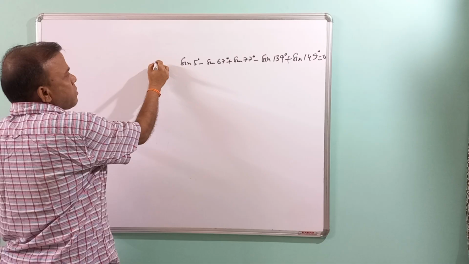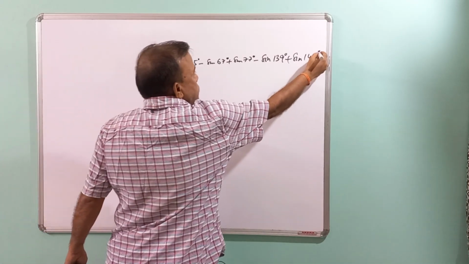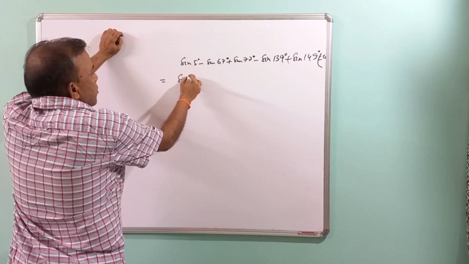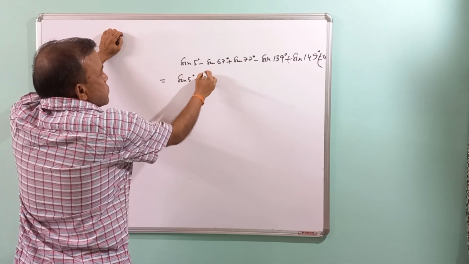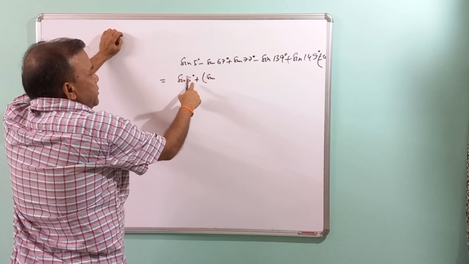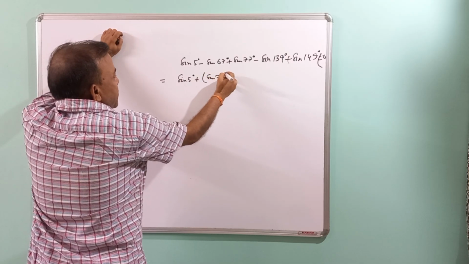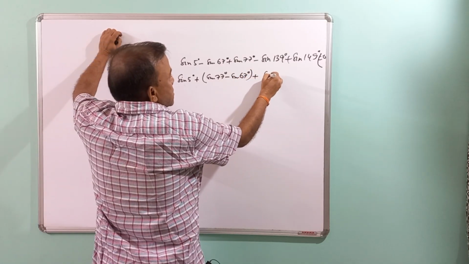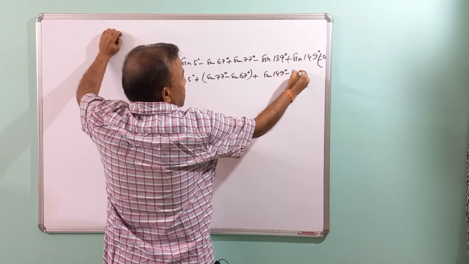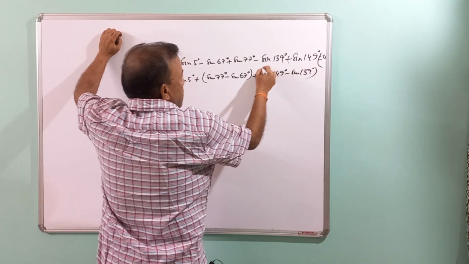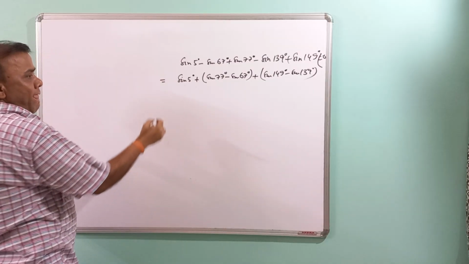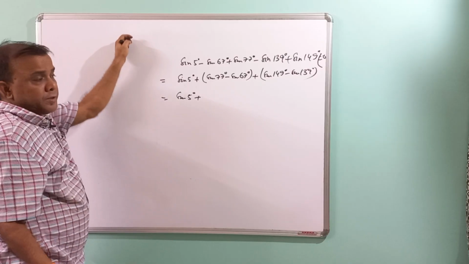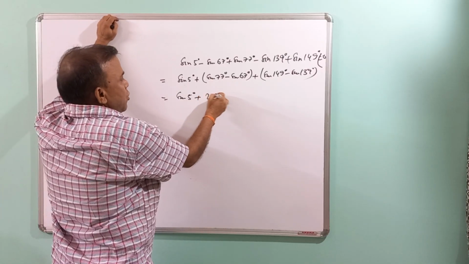From the left hand side, we get sin 5 degree plus sin 77 degree minus sin 67 degree plus sin 149 degree minus sin 139 degree. Now, the formula of sin C minus sin D is 2 cos